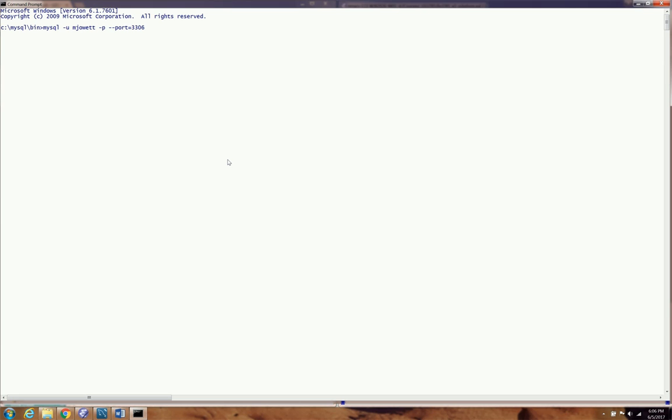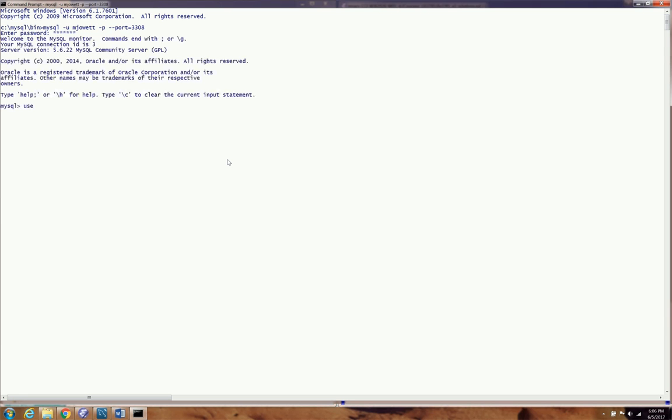Your port would be, this will work for you, but you don't have to put it, because if you don't change the port, it'll automatically look for 3306. That's MySQL's default port. However, I changed my initialization file to 3308. If you change it to anything other than 3306, you must explicitly define that when you're trying to log into MySQL. Okay, so I got that, my password,